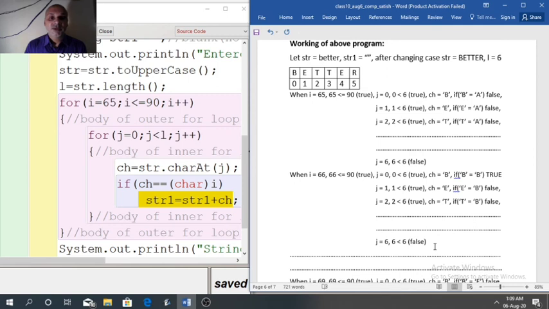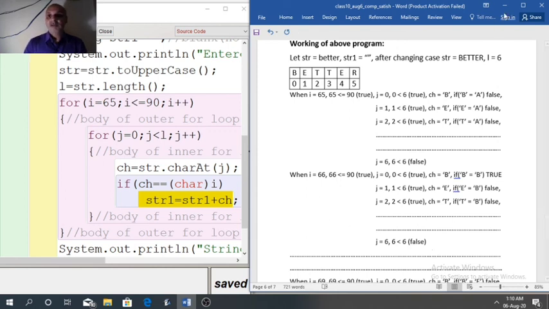Then it will search B. If B is found, then B will get added. Then it will search C, then D, then E. So finally when the loop is over, we will get the string arranged in alphabetic order.